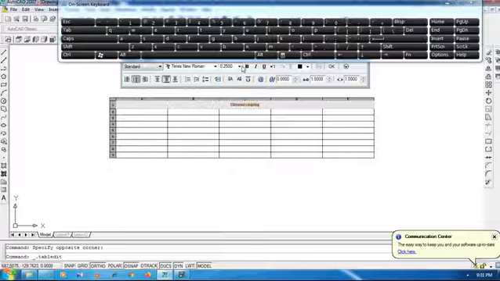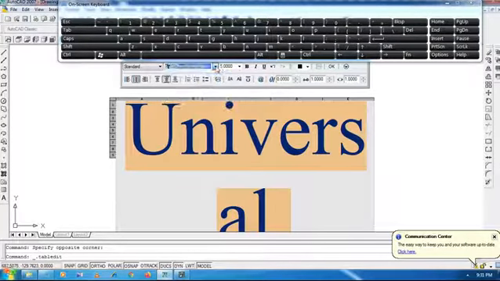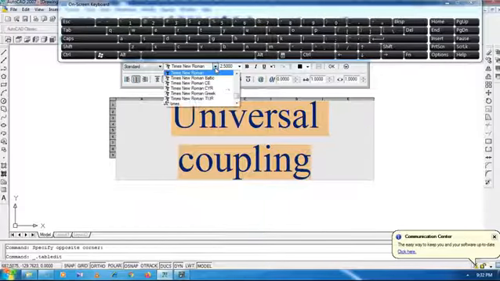If you want to change the height, you are also able to change it. If I want to make it small, I will make it small, universal coupling.